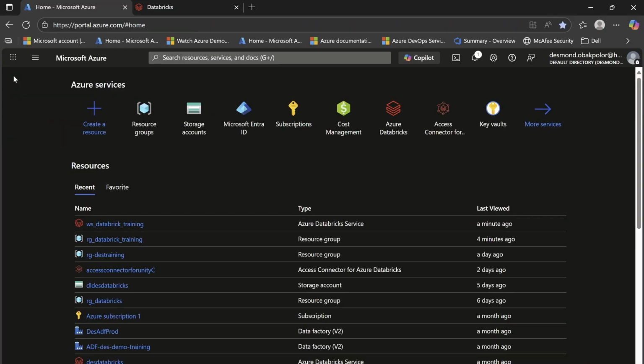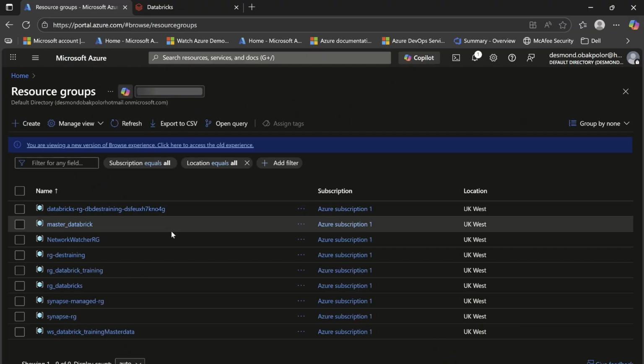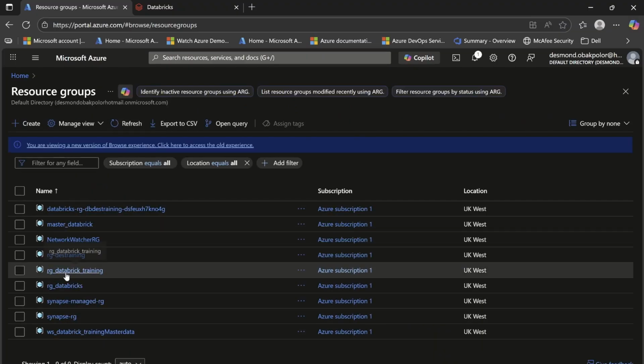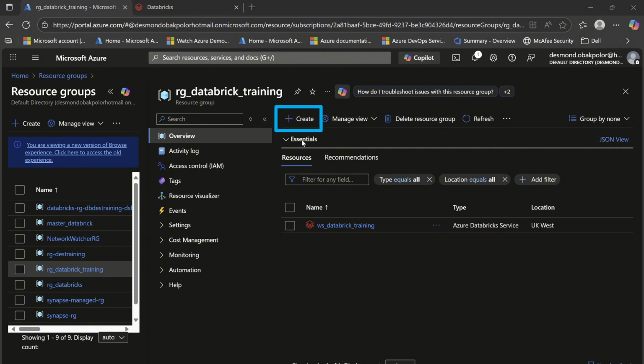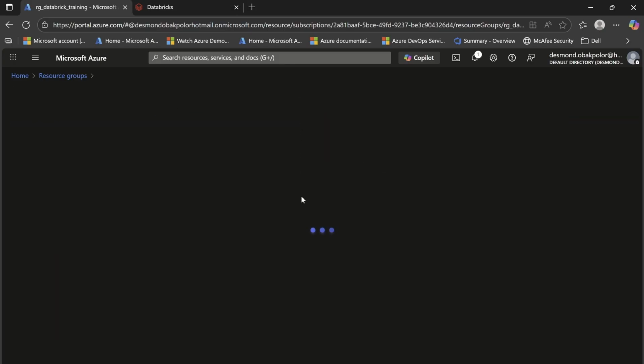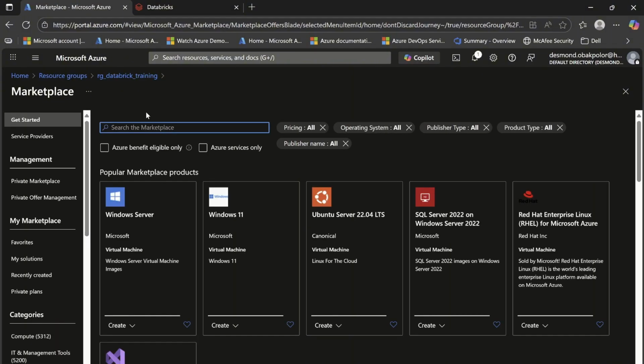our data lake. To create the data lake, we go into resource group, and our resource group is RG Databricks training. Once I go in there, I can click the create button on the top, and from here I'm able to create resources or add resources to it. In my resource group I have Databricks, which is workspace Databricks training. If I go to create, because I'm already in the resource group,